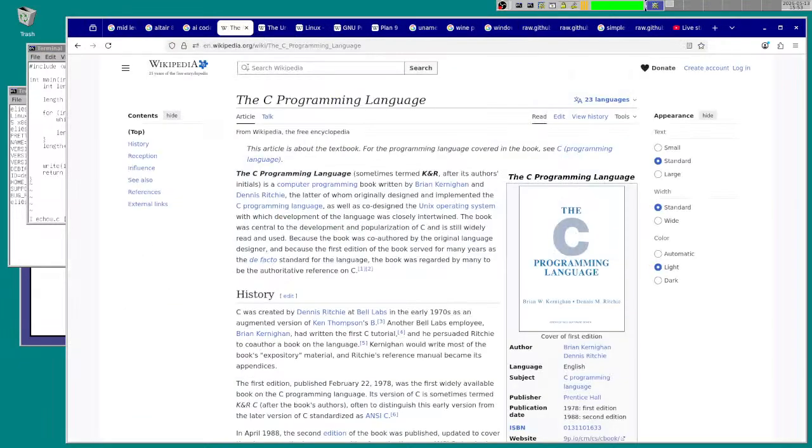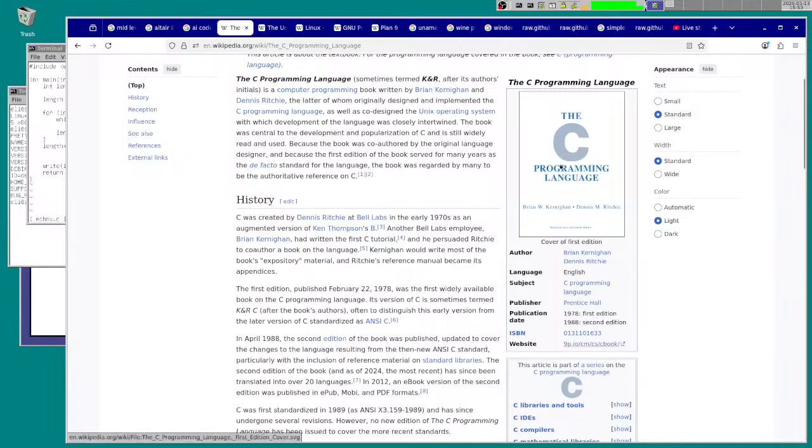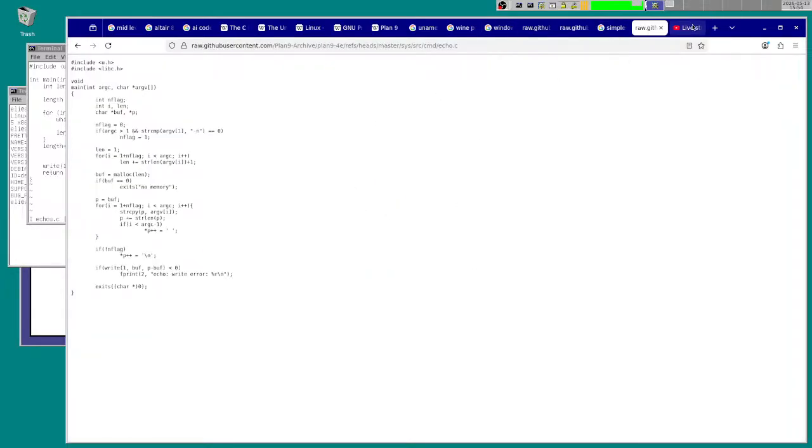But this is the definitive textbook for the definitive mid-level language. The first edition was printed in 1978, the second edition was in 1988, and there's a bunch of stuff that just doesn't work that way anywhere anymore.